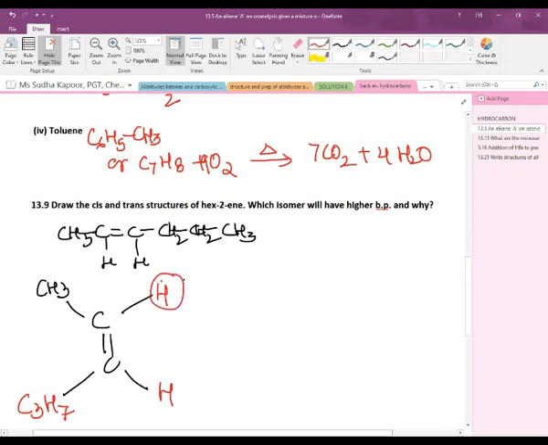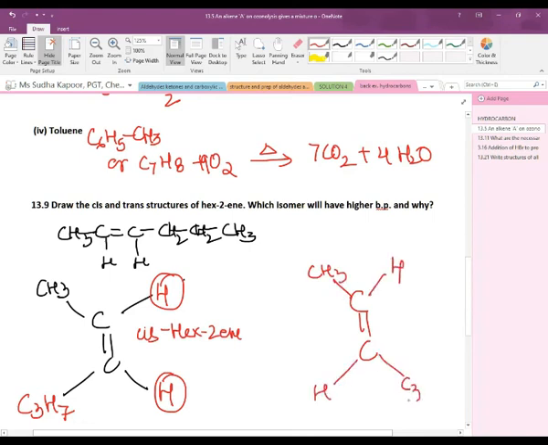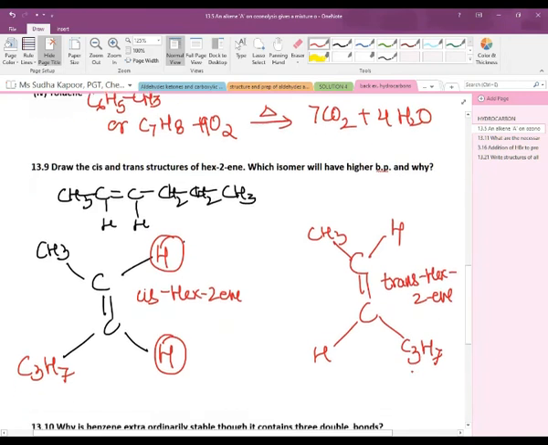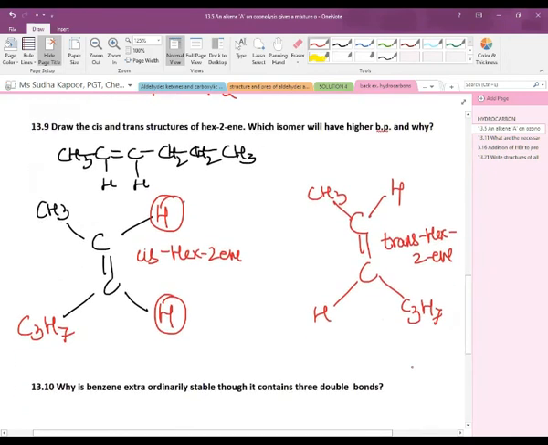Now if we draw both the H on the same side of the double bond, it becomes cis-hex-2-ene. And if we draw both these hydrogens on the opposite side, then it becomes trans-hex-2-ene. So now in this case, we also have to judge which is going to have the highest boiling point. Now the boiling point, first we have to remember that the boiling point of a molecule